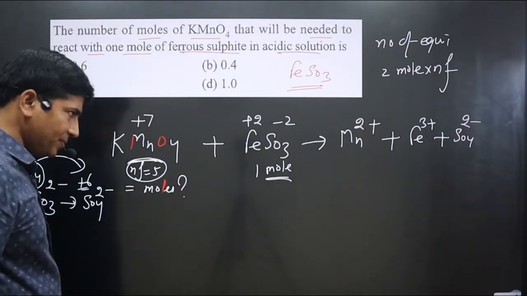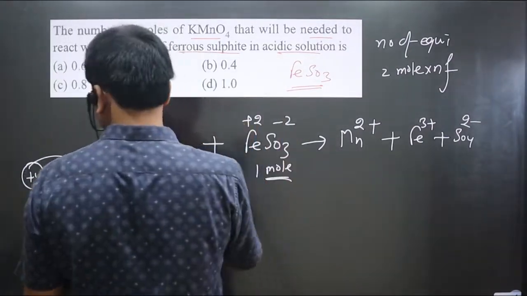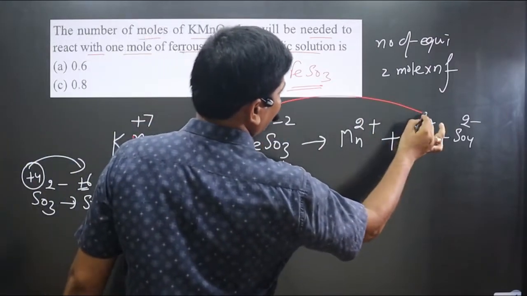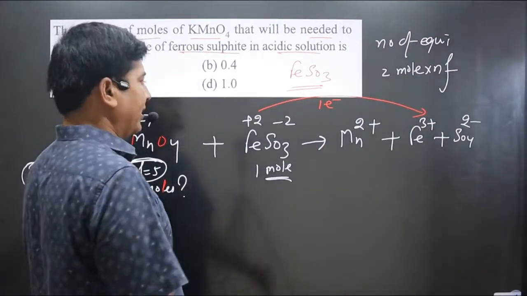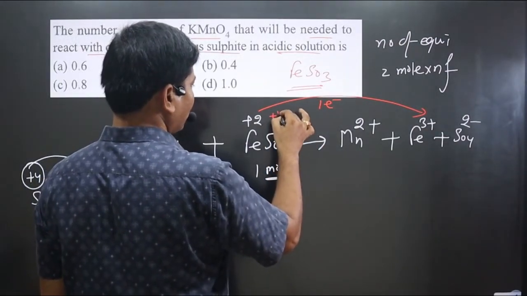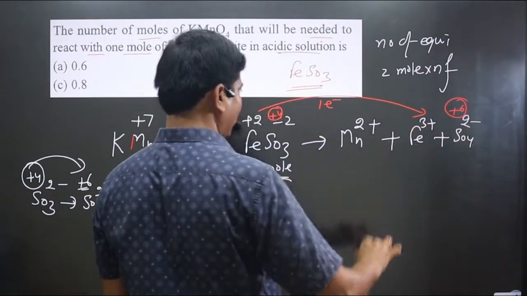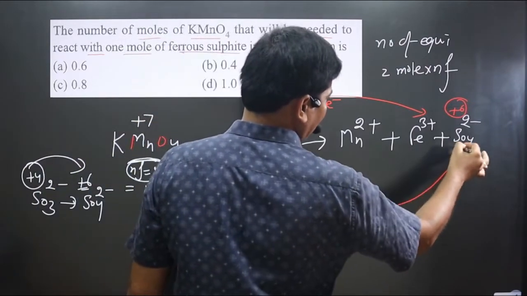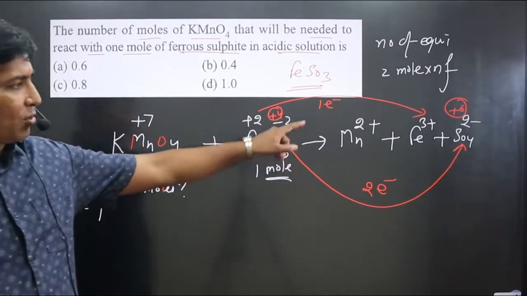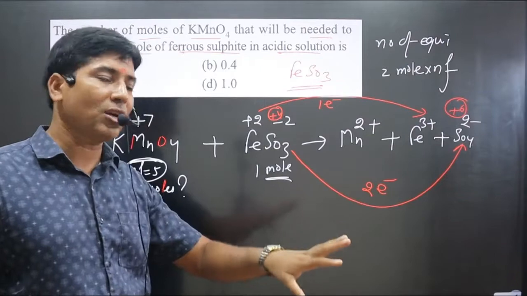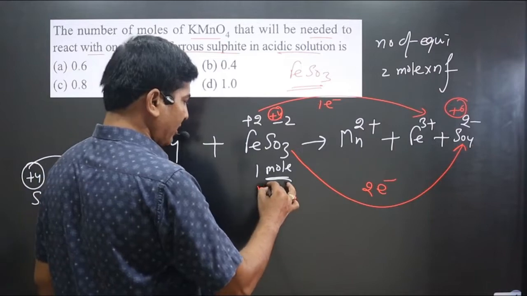Very interesting part. Now we can see that in this case iron is undergoing oxidation. An increase in oxidation number is always oxidation. 3 minus 2 is equal to 1 electron, so the loss of electron is 1 electron. But in the case of the sulfite ion, 3 times 2 is 6, sulfur is present in +4. On the other side sulfur is present in +6 oxidation number, 4 times 2 is 8 minus 2, +6. So in this case also there is oxidation, and 6 minus 4 is equal to 2 electrons lost. So the total number of electrons lost is 1 plus 2, which is equal to 3. Then the n factor value will be 3.